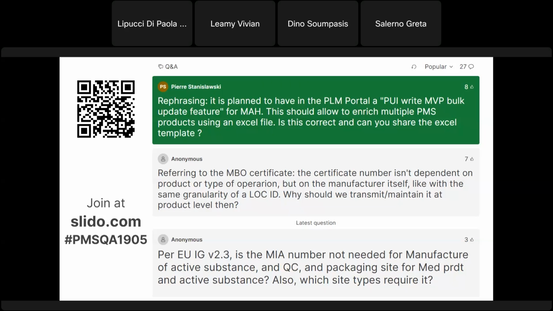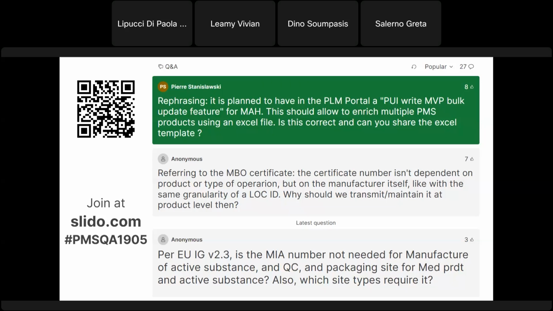Maybe you're referring to this: once you have submitted, again with this role, you can have access to your dynamic reports, and within the specific report called manufacturing business operation, you can filter, or if you don't need to filter because you're interested in seeing all the data, export the information in an Excel file. But the bulk updates,